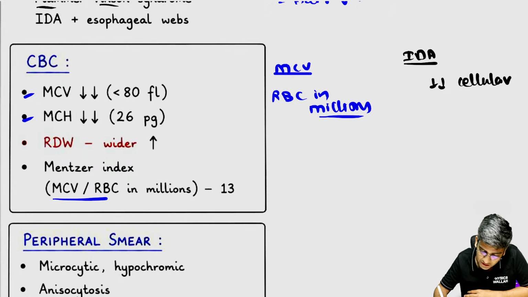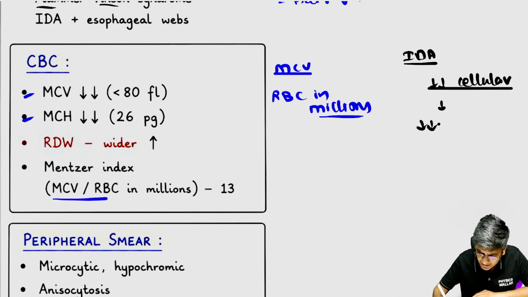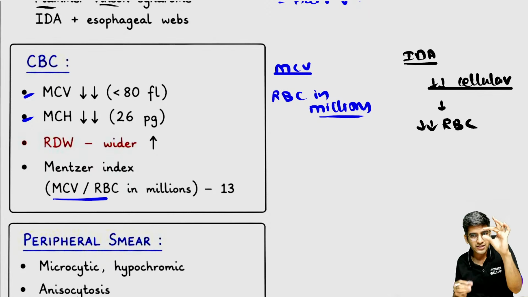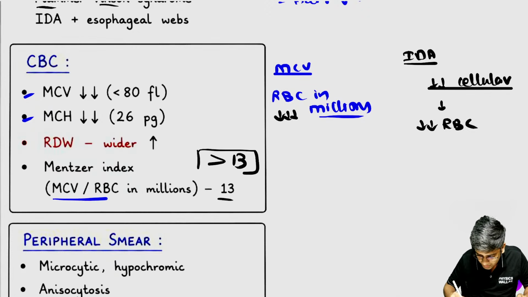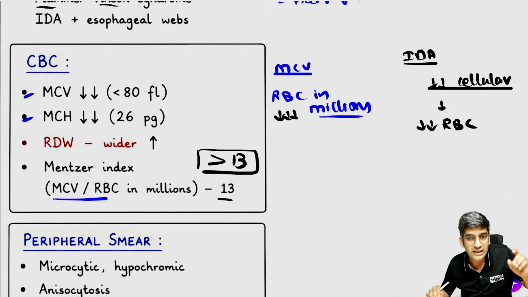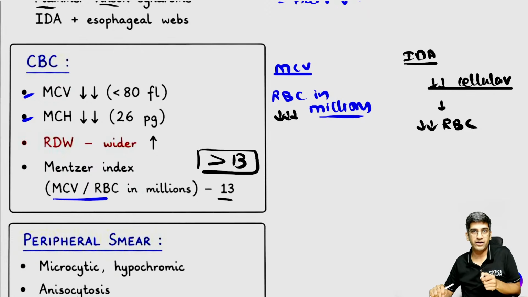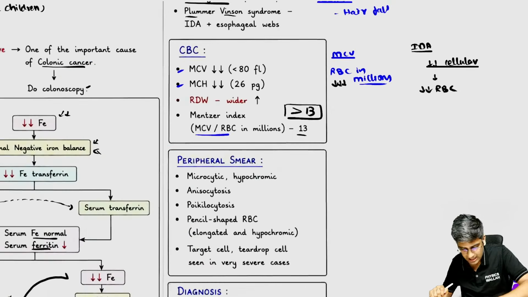If they're less cellular, what's going to happen? So obviously, there'll be reduced RBC production. So what happens in the Mentzer index is RBC production reduces. That is, the denominator reduces. So what will happen to the numerator? It will become more than 13. Once the denominator reduces, the index becomes more than 13, right? Combined, it becomes hypo, not hyper. Because no nutrition, they cannot divide, becomes hypo. Clear? Perfect. That's what happens in case of iron deficiency anemia.